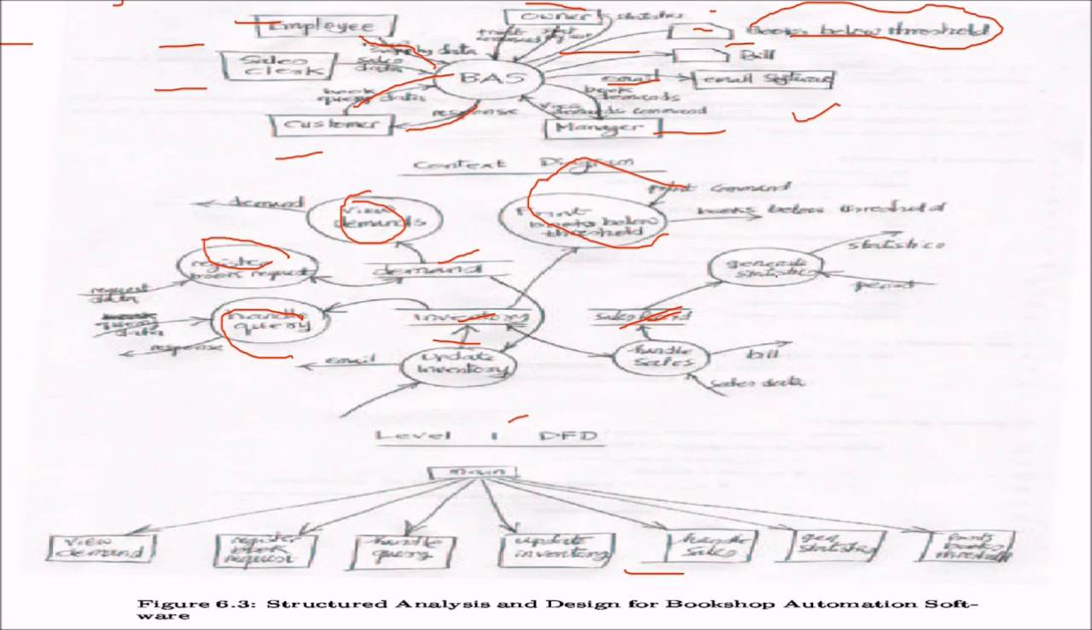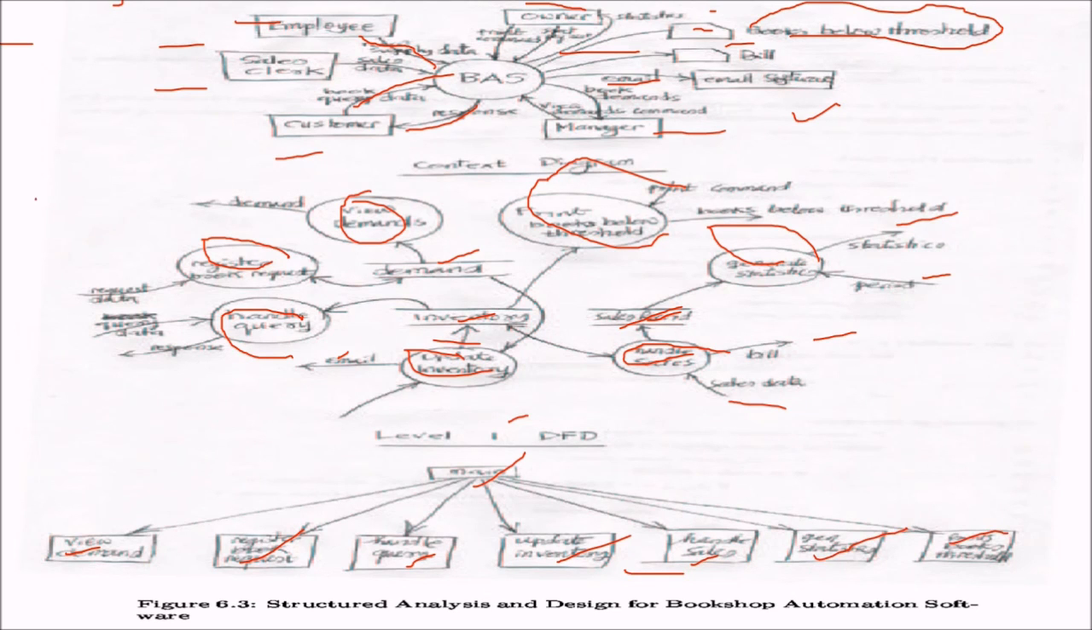For sales requests, we can generate statistics, like the statistics period, and we can handle the sales also via bill and sales data. We can also update the inventory, and we can email them. The structure chart would be like this. This would be made the root. We can view demand, register a new request and handle query, update inventory, and in sales, generate statistics, and